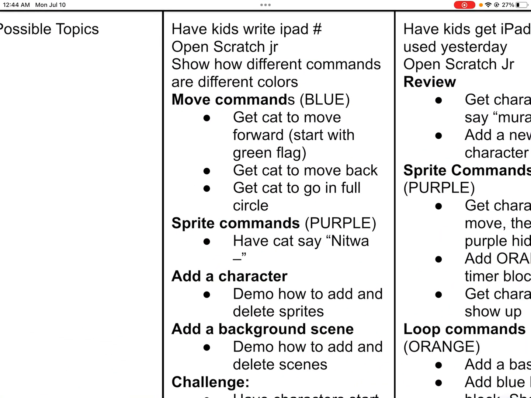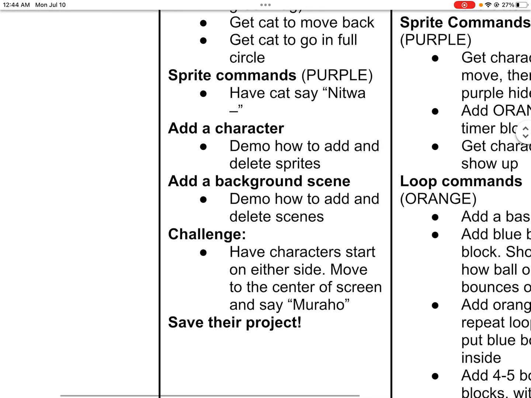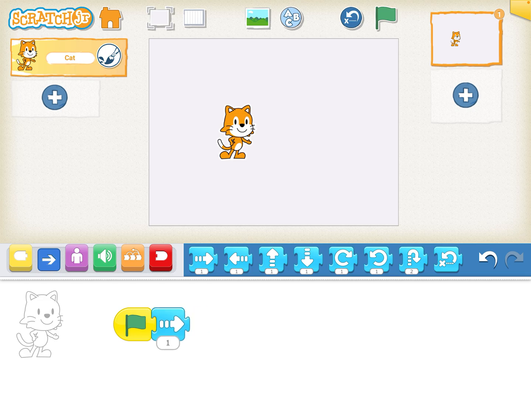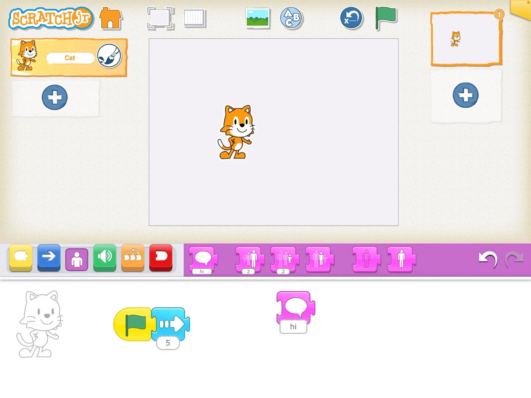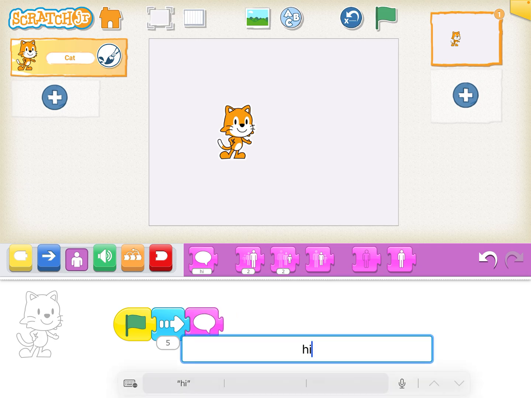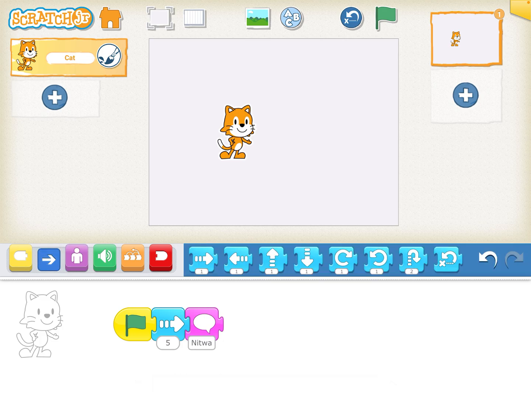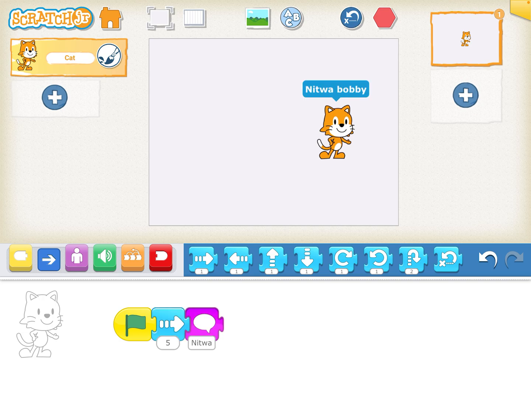Now, let's go ahead and add some, how do you get the character to say something? Okay, so we're going to have the character move, and now we're going to go to the purple control blocks here, and now we're going to have it say Nitwa Bobby. And so give them time to type. It's going to be something that's not familiar for them, but if they click the flag now, say Nitwa Bobby,